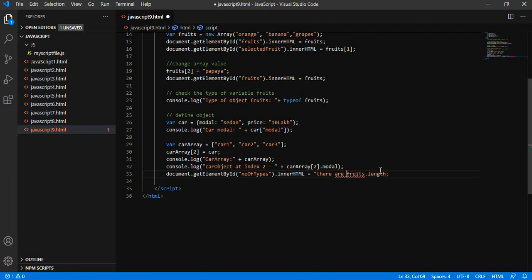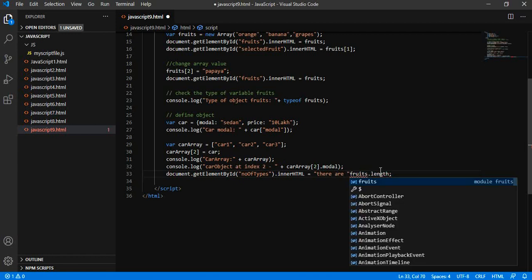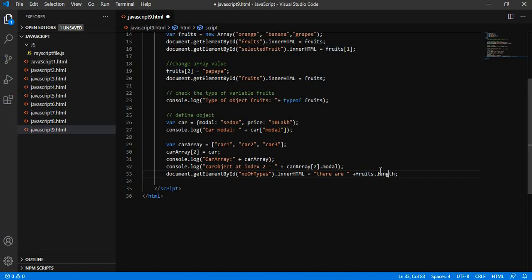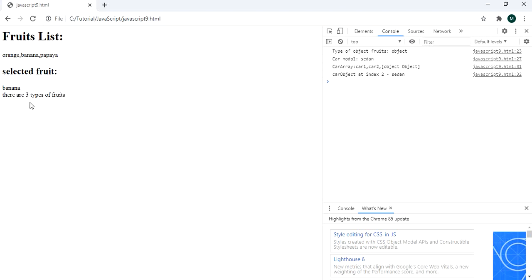So this will print there are 3 types of fruit.